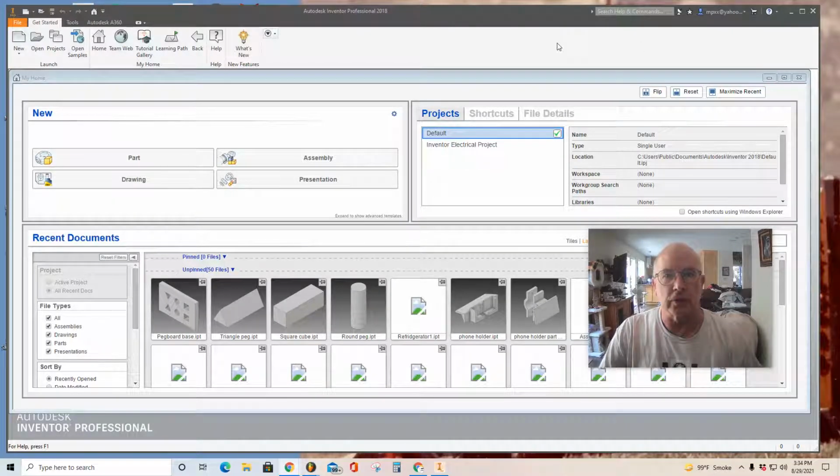Welcome back, students. This is the fourth installment of using Autodesk Inventor Professional 2018. And in this segment, I'm going to teach you how to make the side of the pegboard and then place all of the parts in a folder so that you can then assemble the base and the sides and the pegs. So first step, as I've been saying, when you open this up, you're going to see maybe you've started